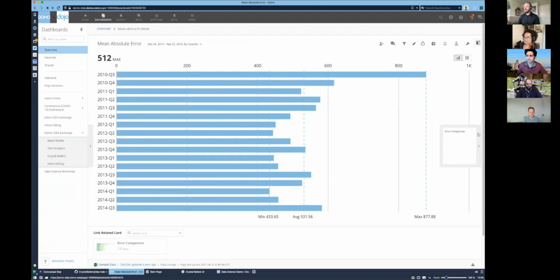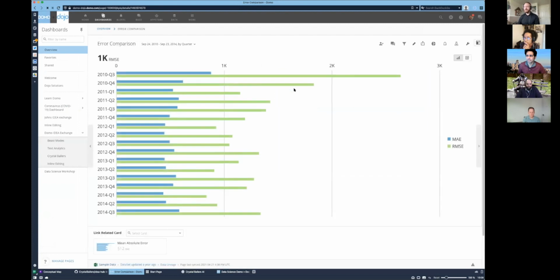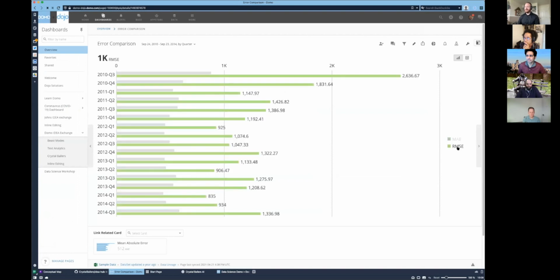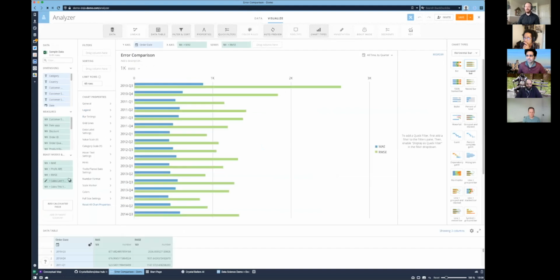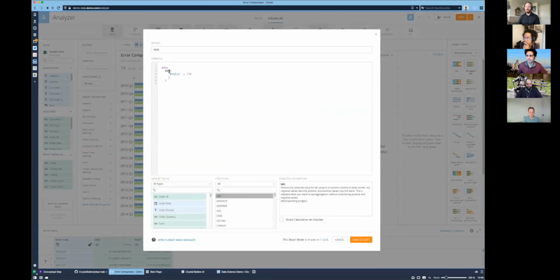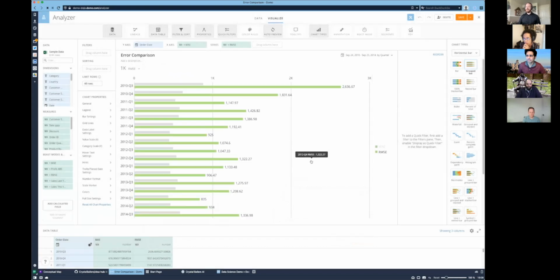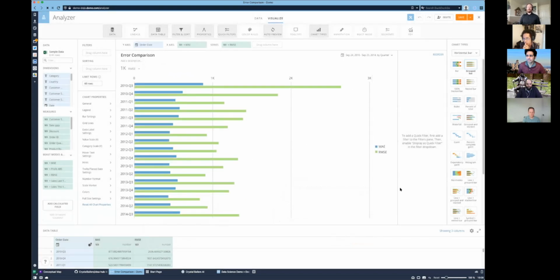Actually, I'm going to go to the next one because we can actually compare these. You can see my MAE versus my RMSE, and they can provide very different results. MAE is actually just a simpler formula. It's the absolute value of the error, the difference between my predicted and my actual value. Take the absolute value and then take the mean of that, and you'll get different scores. And one of the nice things about having so many different metrics to evaluate models is that each one tells you a little bit of a different thing,